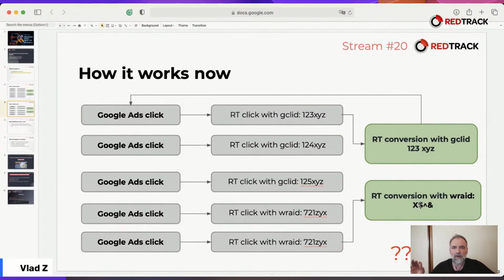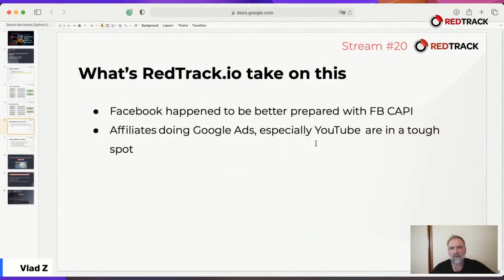And again, there are zero solutions if conversions are not happening on your web properties. So that means zero solutions for all the affiliates working with Google Ads, and specifically all of those of you who run ads on YouTube. Because among all those Google properties, two of them have very widely used apps: YouTube and Gmail. All the other apps, you may live without them, but YouTube was and is a great source of traffic, just with a small caveat.